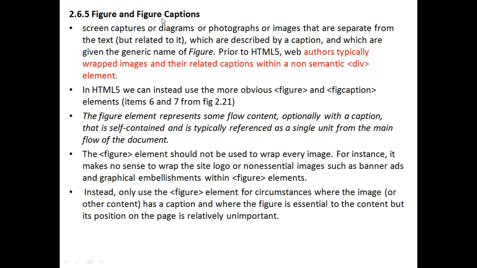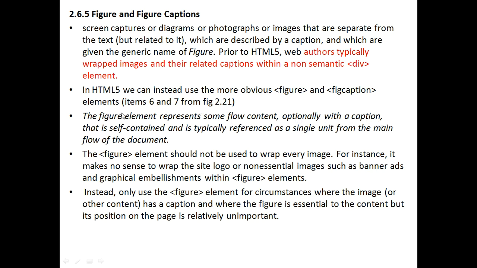After that, they have figure and figcaption also. In HTML5, we can instead use the figure and figcaption elements, or the tags we are using for that purpose. The figure element represents some flow content, optionally with a caption.